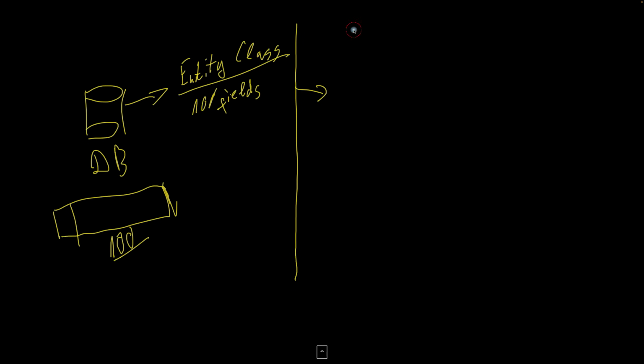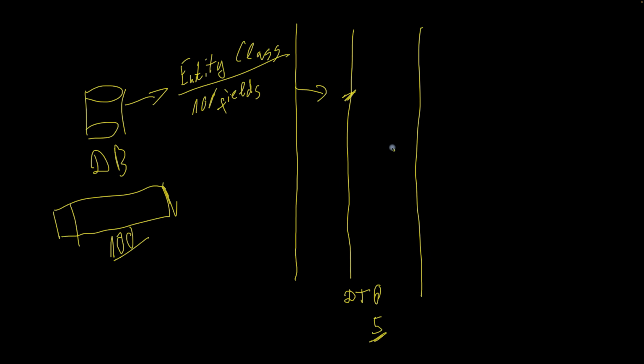When we come to the service layer, we will create a DTO, data transfer object. For example, we need 5 fields from these 100. We do some calculations in our business logic, but when we come to the web layer and send a response to someone, we'll use the DTO with the 5 fields, not the 100 fields,